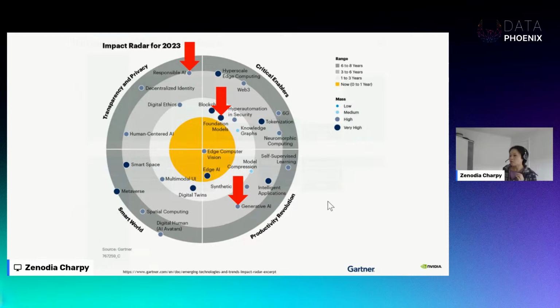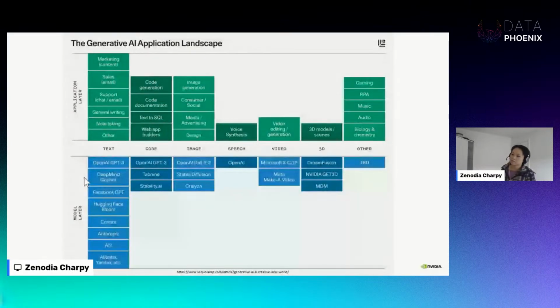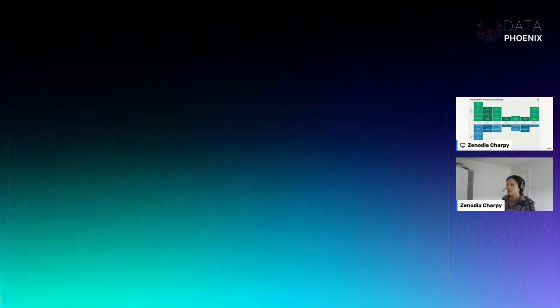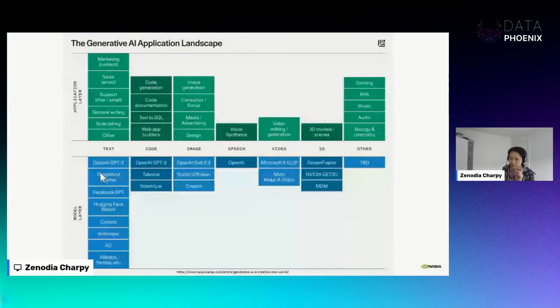When it comes to generative AI models, there are a lot of different multimodality models. You have text, code, image, speech, video, 3D, and so on. As you can see, and later on we will find out, there are more models in this space as well as applications, with text in the lead, followed by code as close and image as a close second. The rest of the others are, well, you can say developing.